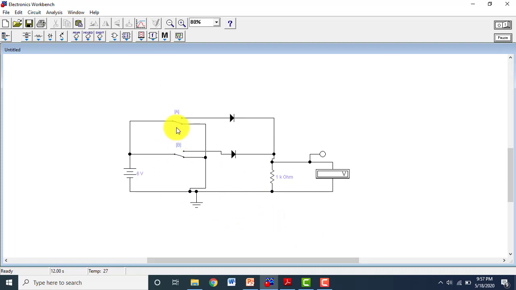So what are the connections now? A and B are both at 0, so these are at logic low. I will turn on the simulation from here to check the function, and you can see that the voltage is 0 at the voltmeter. Now let's see if I have to apply the input 0 1. If I have to apply the logic 0 1, then I have to turn B on at logic high.